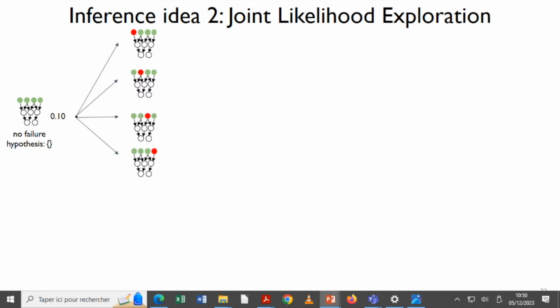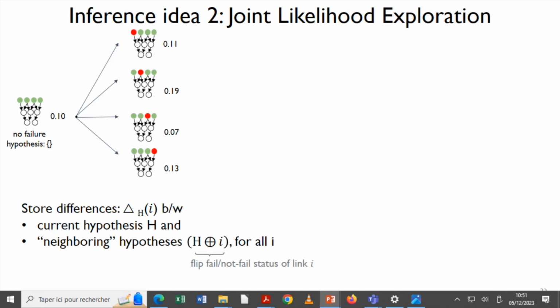And then in the second case, when we want to evaluate all of these neighbor hypotheses, where we flip the status of a single link or a single device, instead of evaluating them from scratch, what we do is store the differences between all of these hypotheses and the current hypothesis of the greedy algorithm. So here we have an array, the delta array, and if we know the differences, then we can easily figure out where to go next. It's just a linear scan.